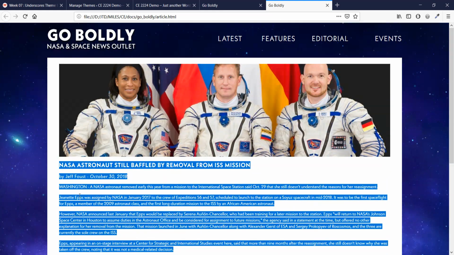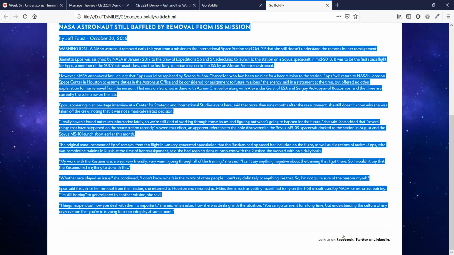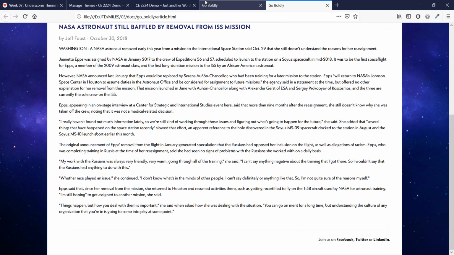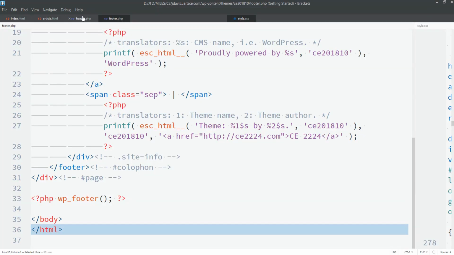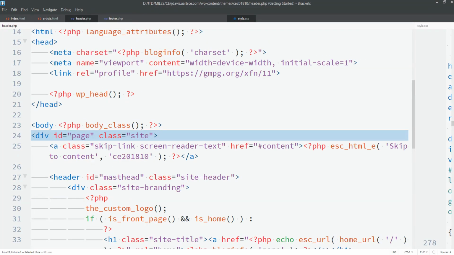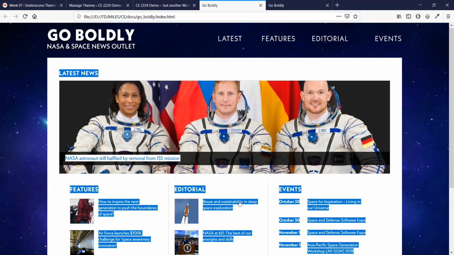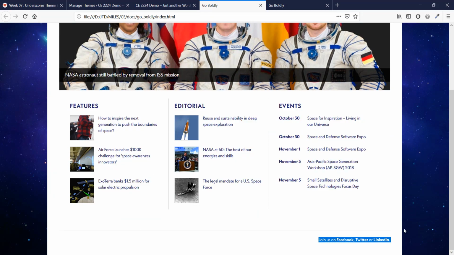But everything outside of this, all of this would be in the header, all of this would be in the footer. So anything code-wise that would allow me to get this header here would go in header.php. And anything code-wise that would allow me to get this footer would go into footer.php,